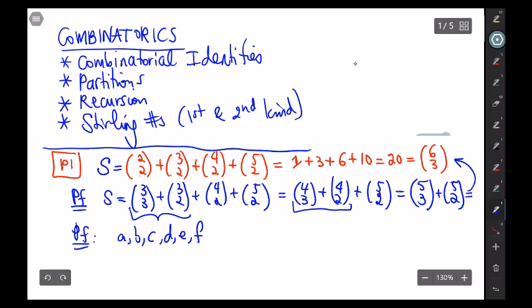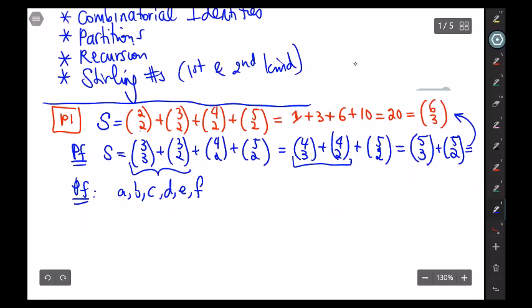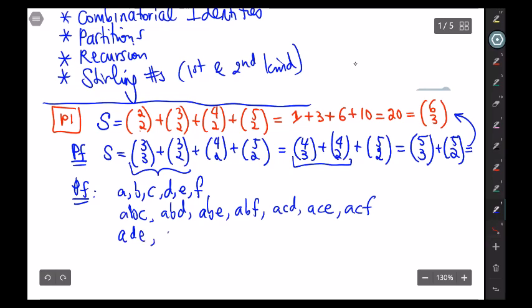Let me write out all the committees of size 3, and then let's see if we can somehow split them in this fashion. All right, so here we go. Committees of size 3: ABC, ABD, ABE, ABF, ACD, ACE, ACF, ADE, ADF, AEF,